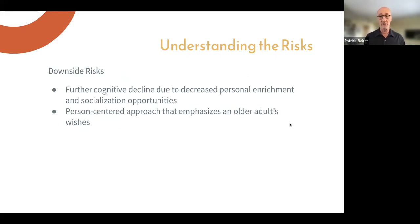However, some of the downside risks of implementing technology guardrails is that further cognitive decline can occur due to the decreased personal enrichment and socialization opportunities they have if they can't get online and interact with online communities with friends and family in the same way that they were before they started having mild cognitive impairment manifesting. Also, we need to look at a person-centered approach that emphasizes the older adult's wishes. And again, as I mentioned before, not be infantilizing people